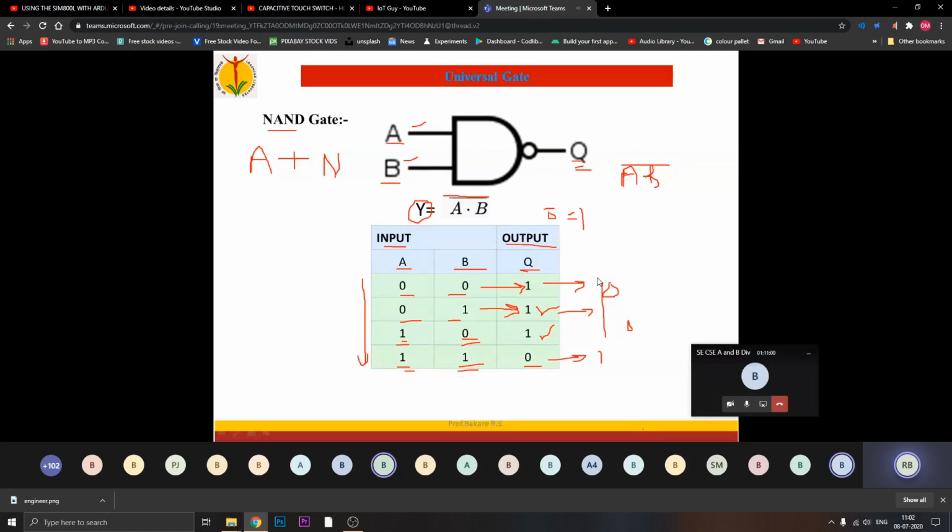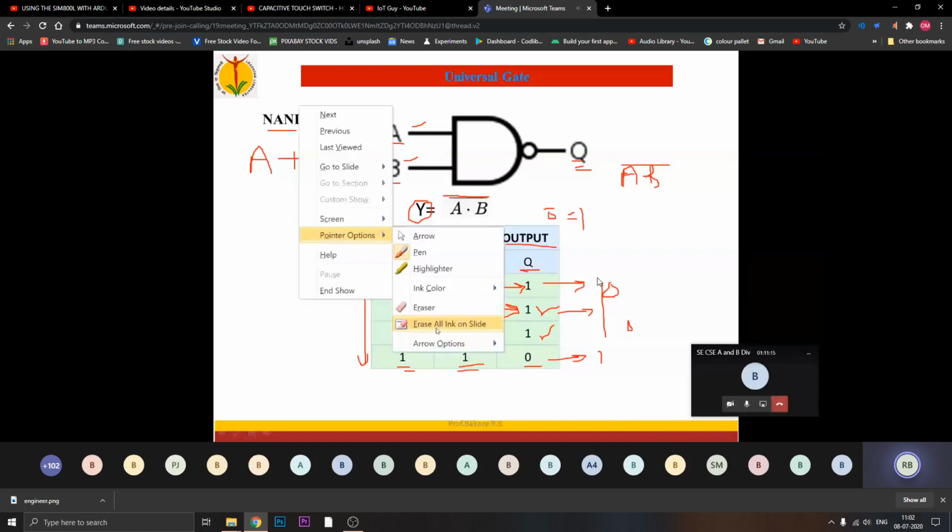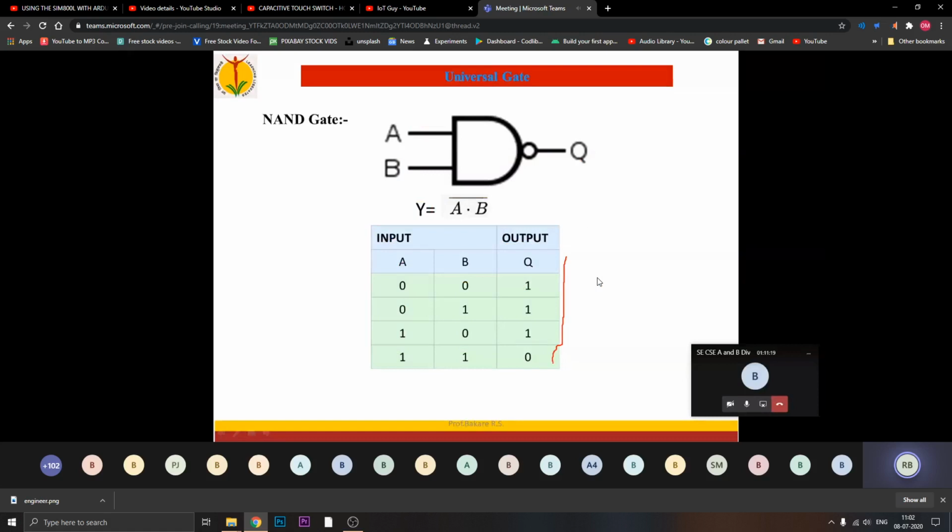Now, dear students, from here onwards I will ask you a question. For these four gates, I concluded on the basis of the last column, which is the output column. But I will clear all this. On the output column, every time I concluded regarding that gate. From here onwards, I will explain input and output. Now you have to conclude by looking at the last column, right?